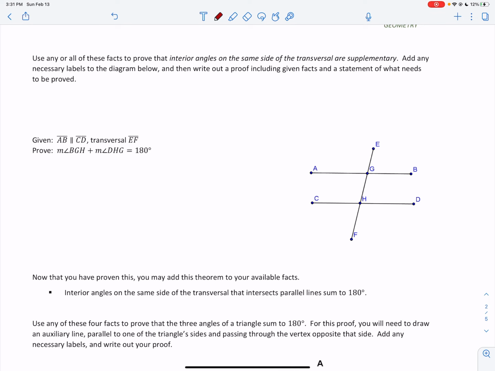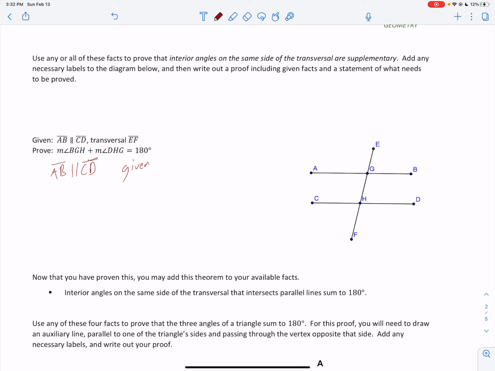So we're given that AB and CD are parallel, and that we have a transversal EF right here. So we want to prove that the measure of this angle, BGH, plus the measure of this angle are equal to 180 degrees. All right, well, let's look at that. Let's say, well, maybe we write down that we don't want to shift our cases. AB is parallel to CD because that's given, kind of write it down as if someone's reading this, but not the requirement. And then we say the measure of angle